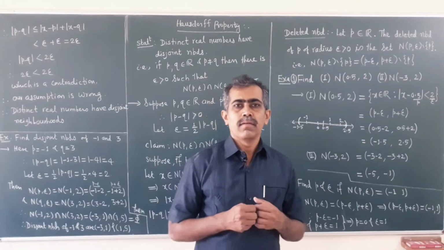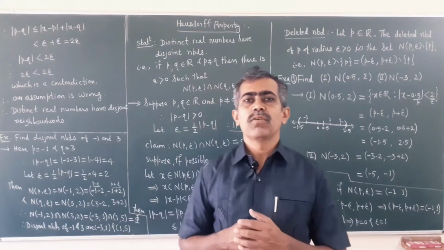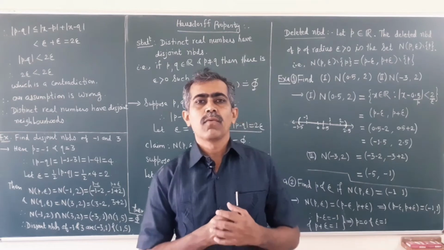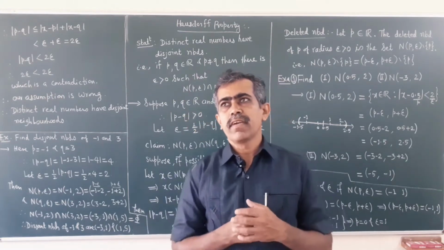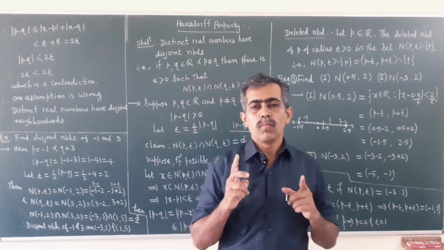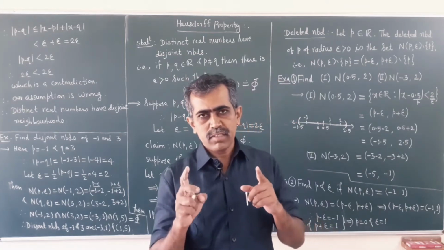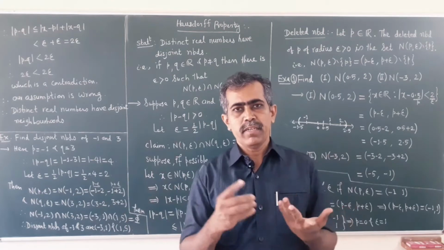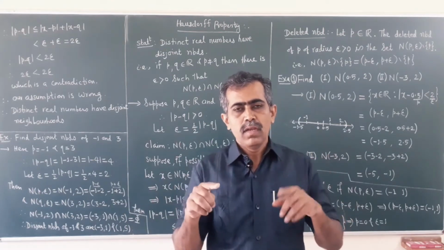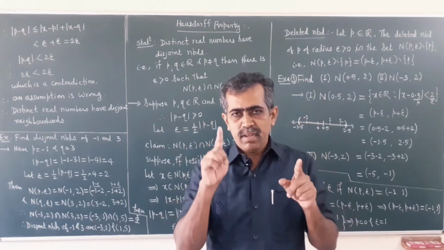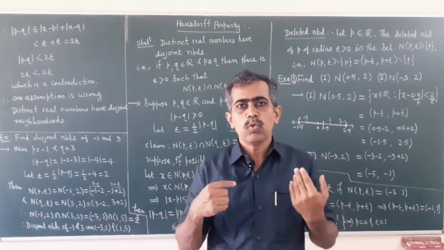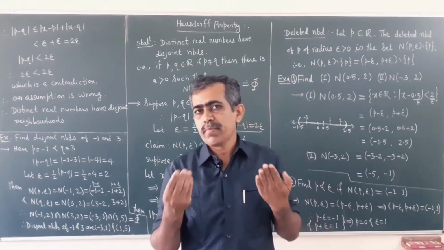Last time we have seen the definition of what is an interval, and the different types of intervals: finite intervals and infinite intervals. If both a and b are finite numbers such as 1, 2, 3, 4, -1, -3, both the ends of an interval may be open or closed. If both the ends are finite numbers, that is, numbers which are known to us, then such an interval is called a finite interval.